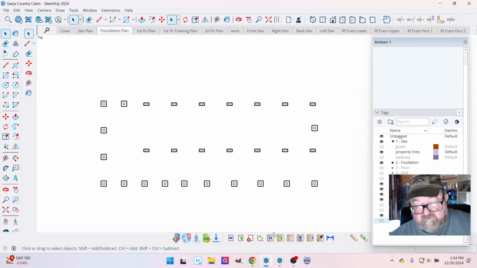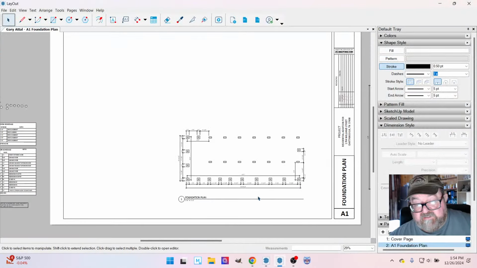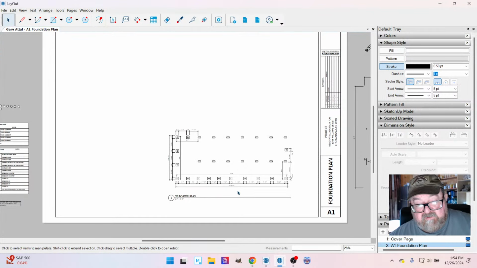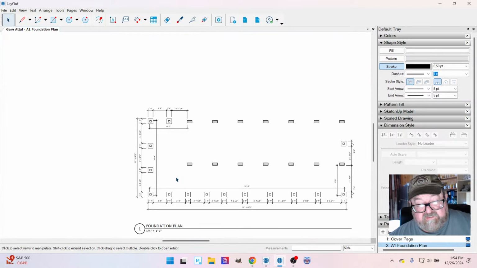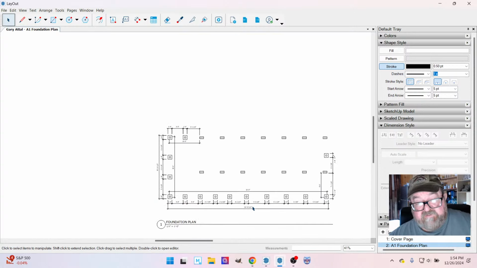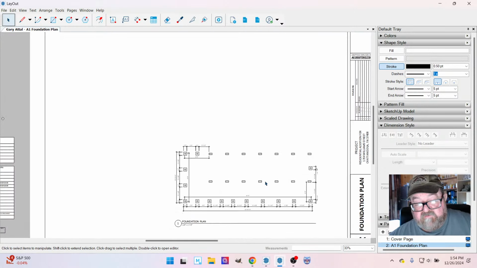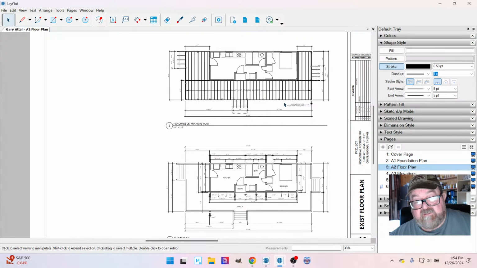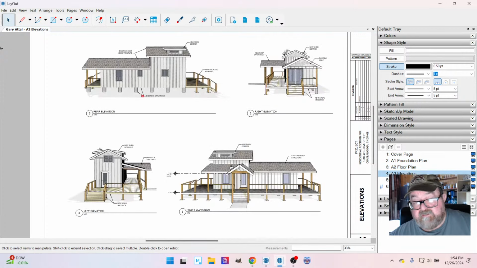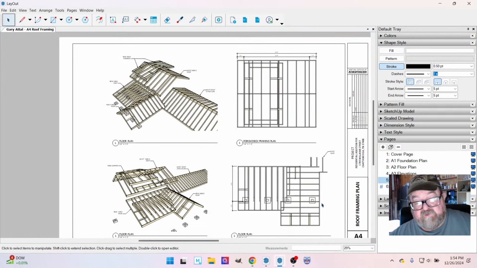Okay, well, I think that might be all I do today on this particular project. Let's see, this is a foundation. Yeah, I have some stuff I have to do on another project for tomorrow, and so what I have done today is I worked on foundation plan, the floor framing plan, worked on the elevations a little bit. The roof framing plan was the most